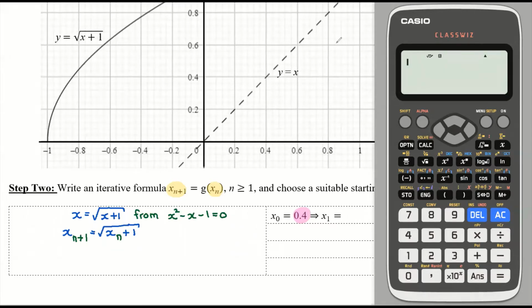And we're going to do this on a calculator and generate multiple answers over and over again in an iterative manner. So if we set x0 equal to 0.4, and just to make it clear as well, I didn't stress this earlier, the iterative formula is valid for when n is greater than or equal to 1, n being a natural number. So if we put x0 as 0.4, then our x1,